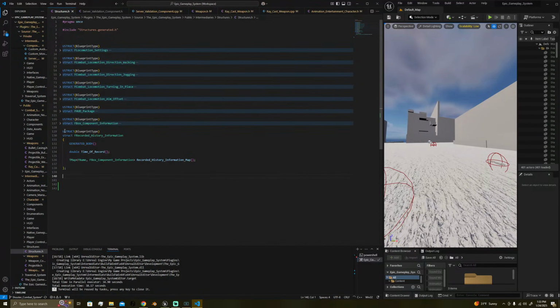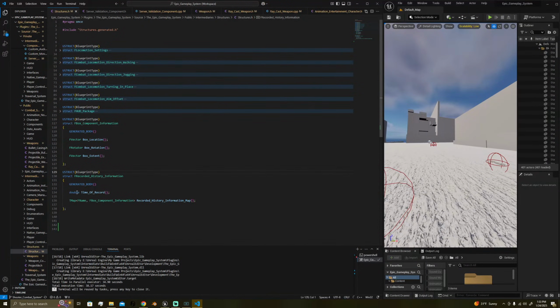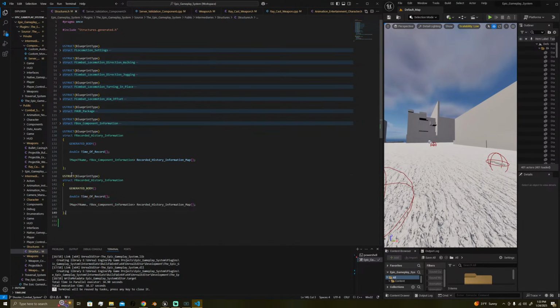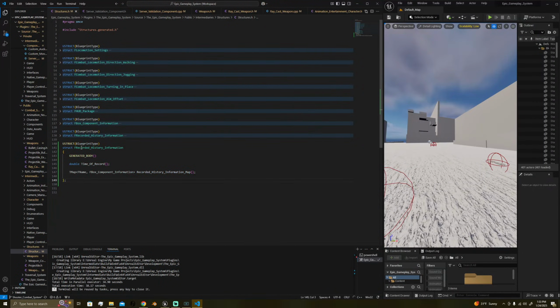So similar to this implementation of how we save the box components to this structure using this TMap. It's a similar implementation, but not quite. Okay, so this struct is going to be called headshot information. So I need two structs. I need one for headshots and one for non-headshots. This one is going to be called non-headshot